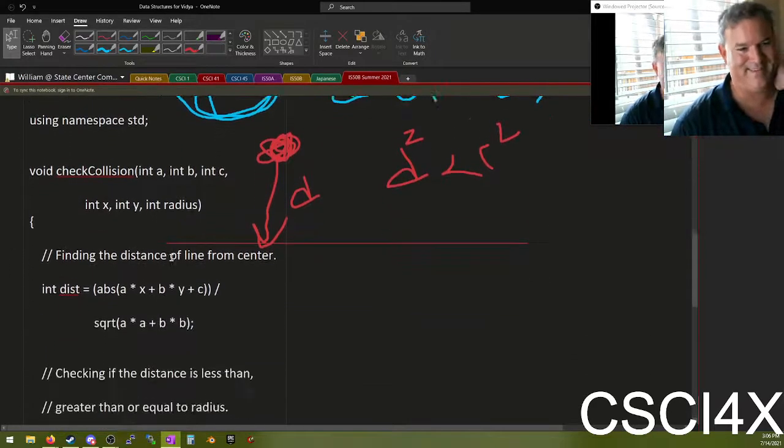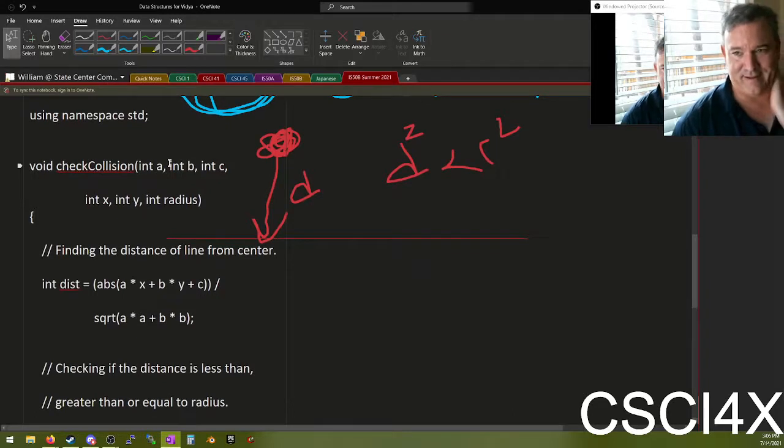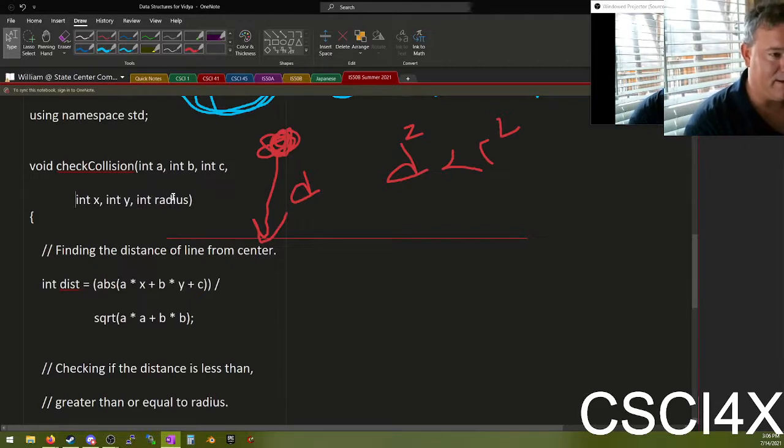If you're gonna have names like this, you gotta tell me what A, B, and C are, dude. Like, come on. All right. I mean, I can guess, but